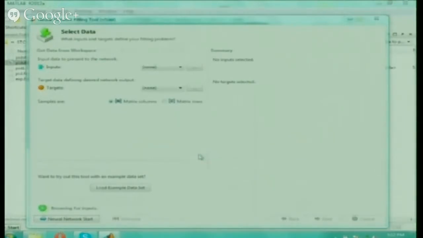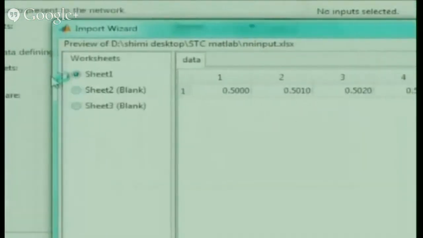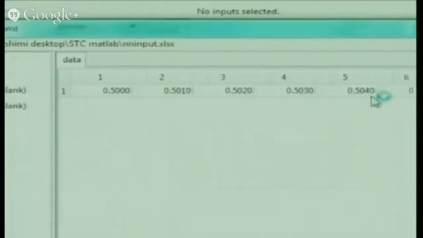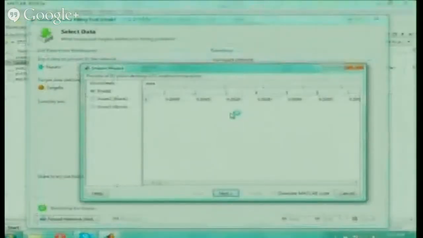Now the data is getting loaded. Here there are around 400 and something data points. The import wizard will come and these are the data. You can see here the data. These are the modulation index values. In my case, my modulation index will vary from 0.5 to 1. Below that, it doesn't make much change, so I have not bothered about it. So from 0.5 onwards, whatever values there are, I have taken as input.